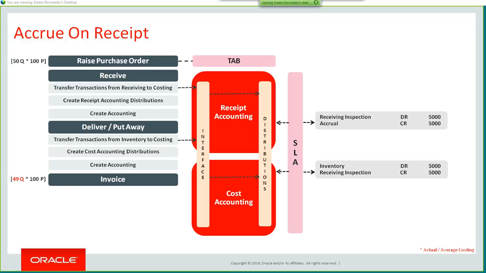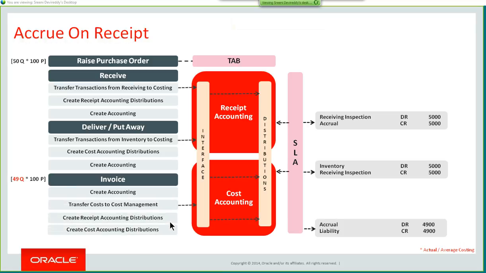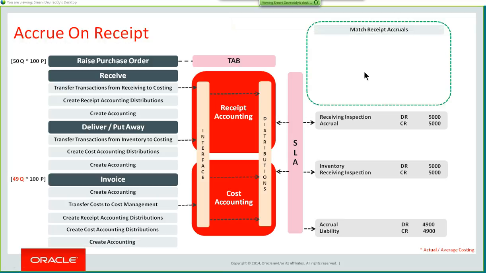So the invoice accounting will be booked against 4,900. So I got the invoice for one lesser quantity. So if I repeat the steps and I run the reconciliation program, I find that